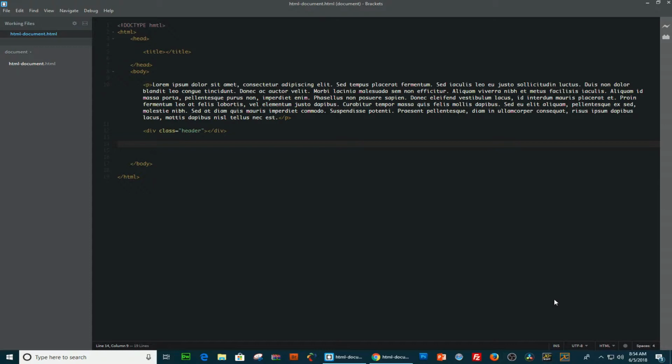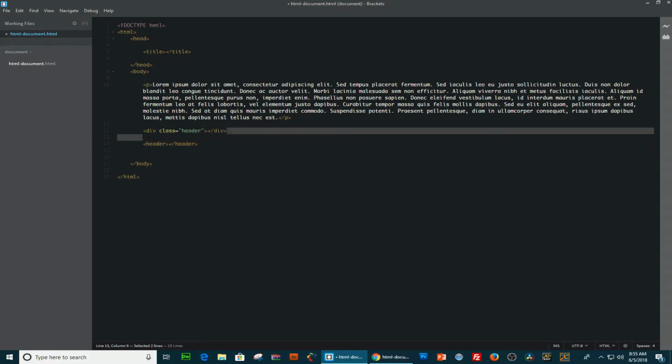An HTML semantic element describes its meaning to both the web browsers and the author or developer. For example, instead of using a div with a header class, like we have here, we will use a header, like so. You can see that the div doesn't have a meaning at all, and the header does. Therefore, the header is a semantic element and the div is not. So I'm gonna get rid of this,